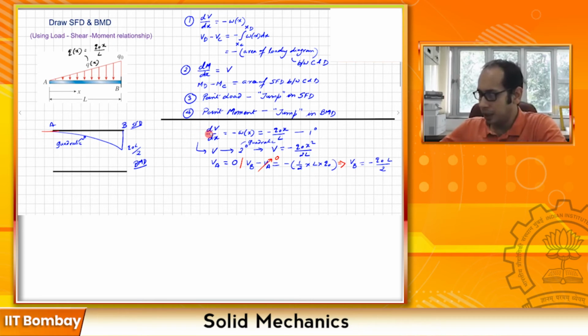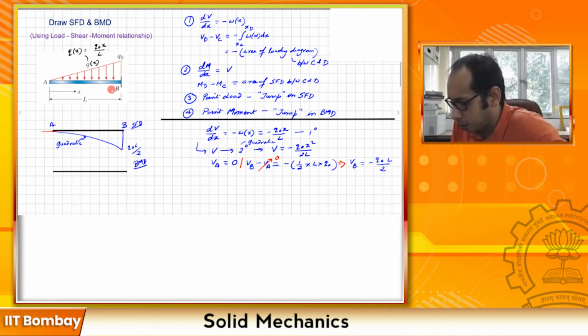Now if I ask you what is the slope of this line at B, very easy. This is the expression for the slope, and the slope of this line at x equals L is nothing but Q naught L divided by L, that is Q naught, right? Because dV/dx is simply the negative of the load over here. So it is going to be minus of q naught. So let's mark the slope here as well. As you can see, it is a concave up curve. So your slope is